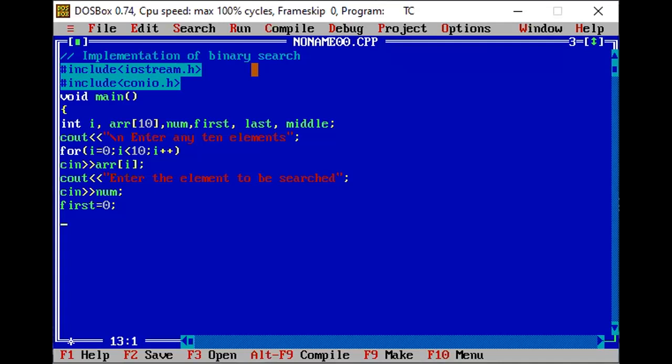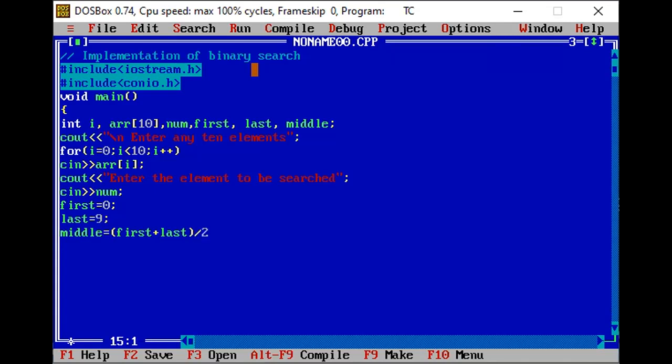And then we have last equal to 9, that will be the last element. Again, first plus last: this is the formula that we need to find the middle element, that is, the first index plus the last index divided by 2.